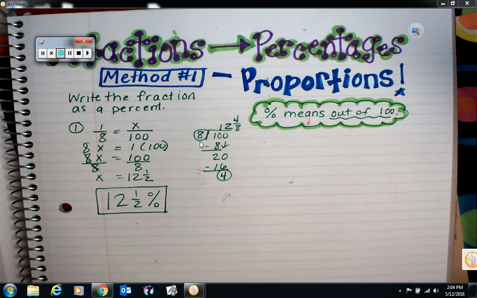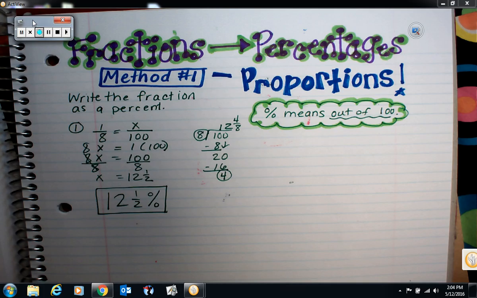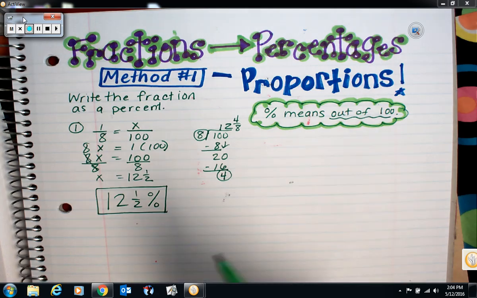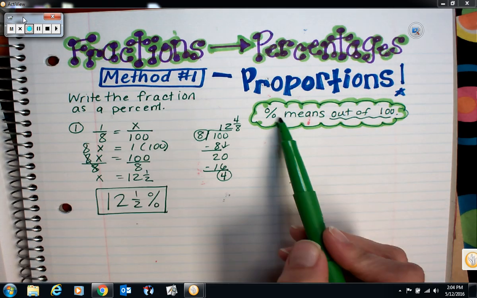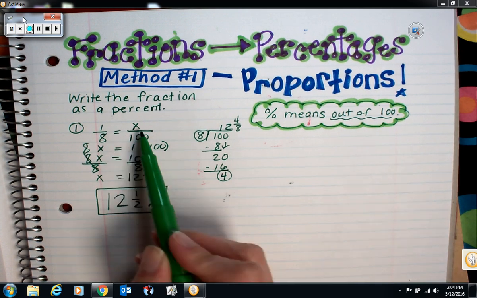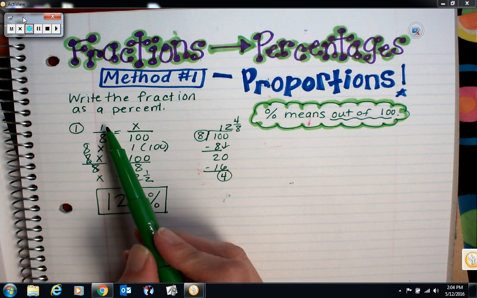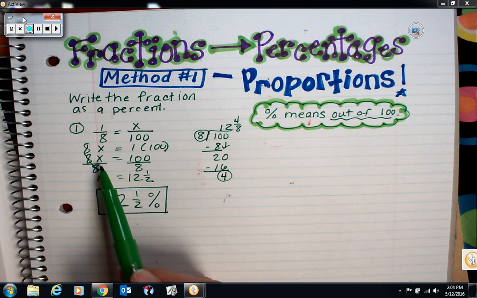Okay, today we're talking about finding equivalent percentages with fractions, and we've got two methods we're going to study today. The first method is by setting up a proportion. So since percent means out of 100, I can find an equivalent ratio out of 100. So for 1/8, we set up 1/8 equals x over 100, and we set up a cross product equation to